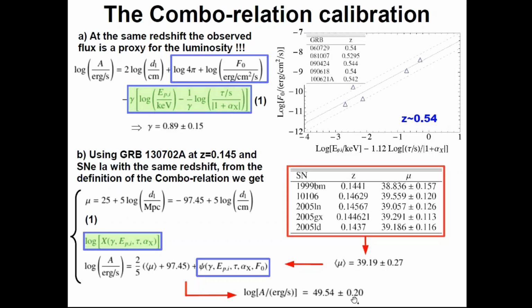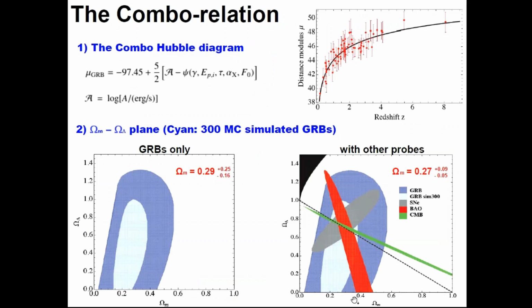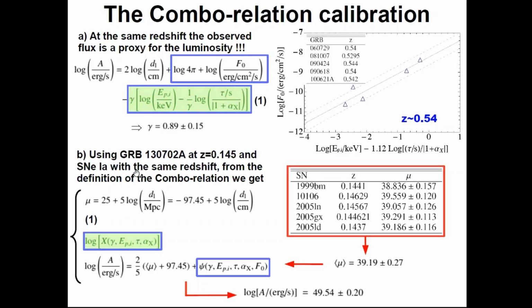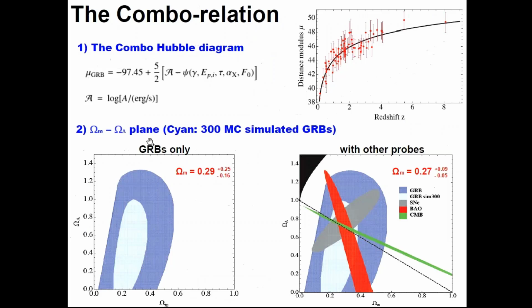I'm going fast, I don't know what is not so clear, but we use all this machinery, all this calibration just to construct the Hubble diagram from GRBs, which is this one, and use it to infer the cosmological parameters for GRBs only, which is the case, and